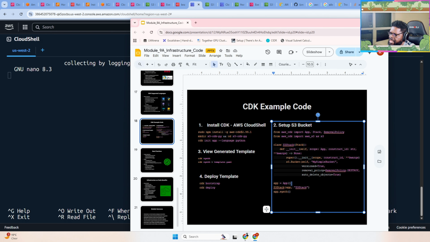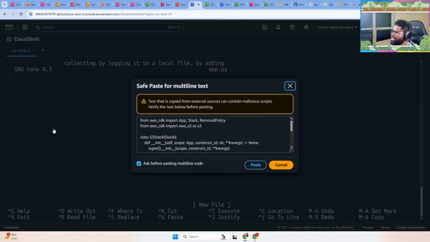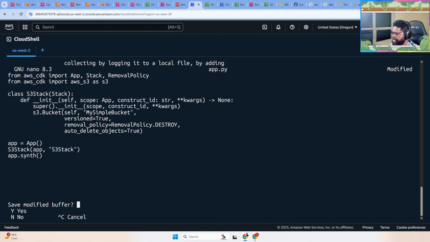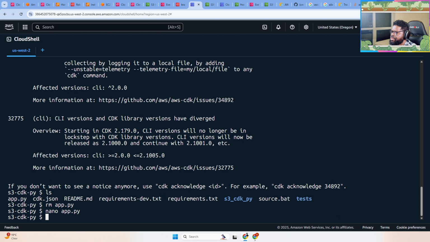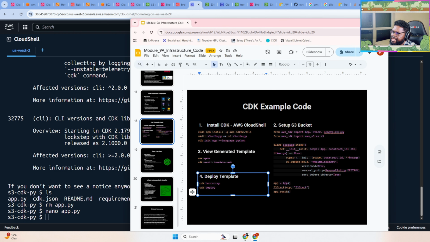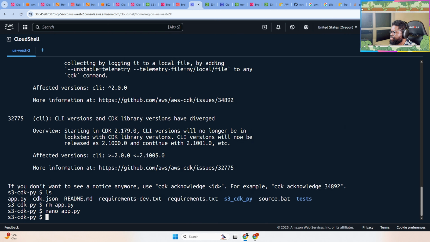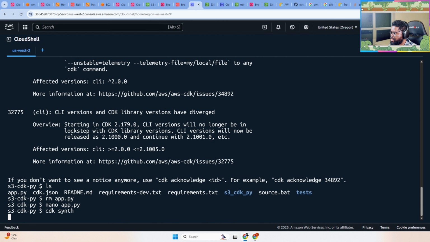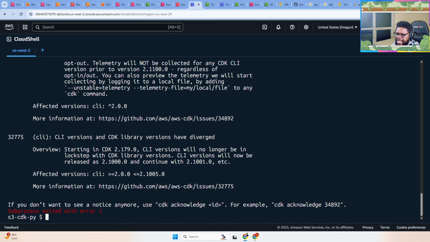So the example is here. I'm just going to paste this example, and then I'll press Control X, do yes, and save. So now that I have it, I'm just going to go with the next step. The next step is really CDK synth, right? So I'm going to do CDK synth. That's going to synthesize the